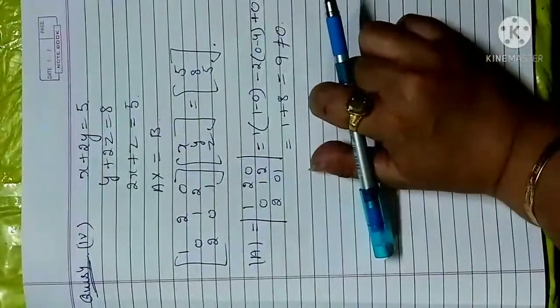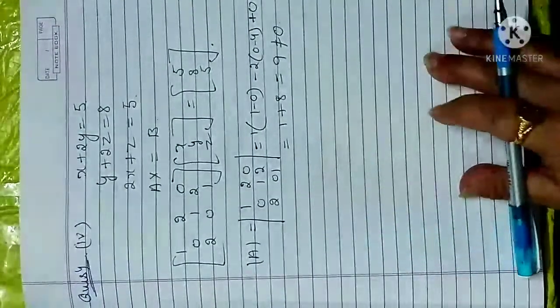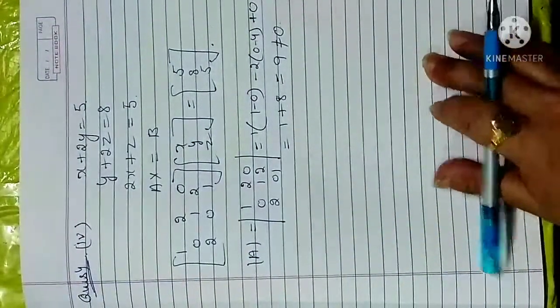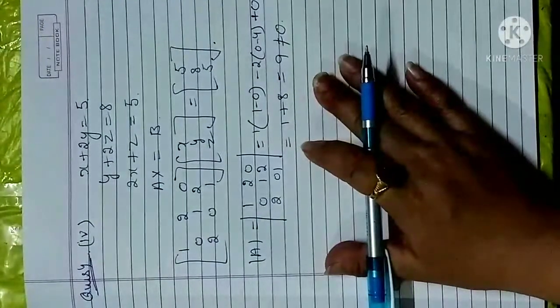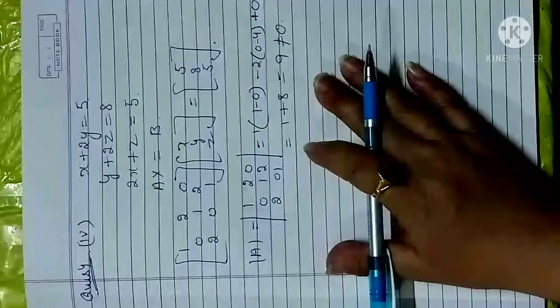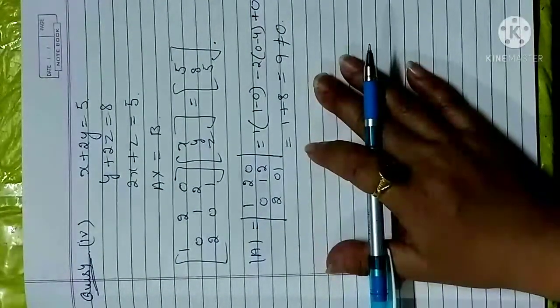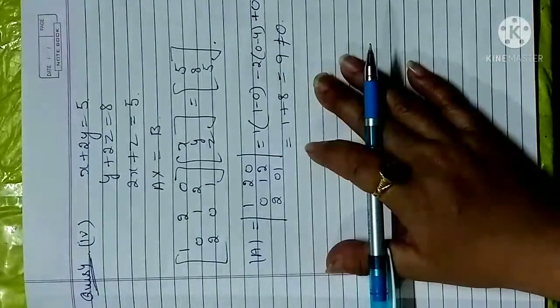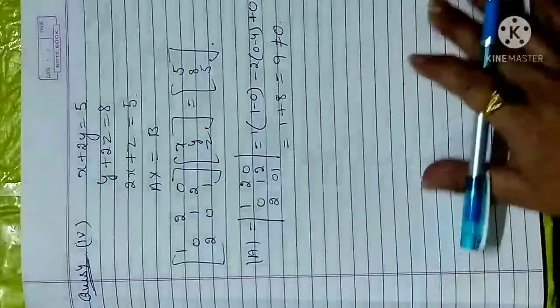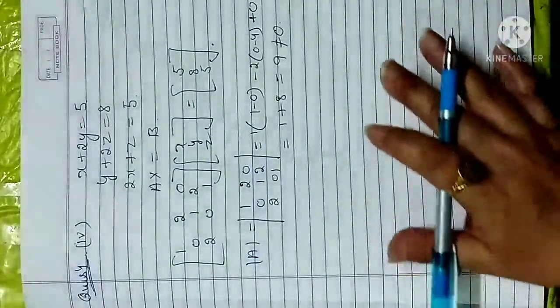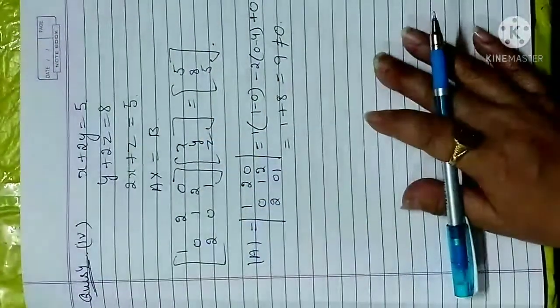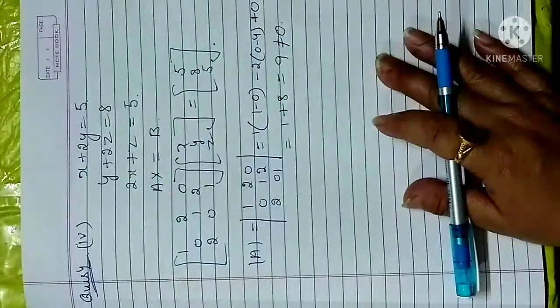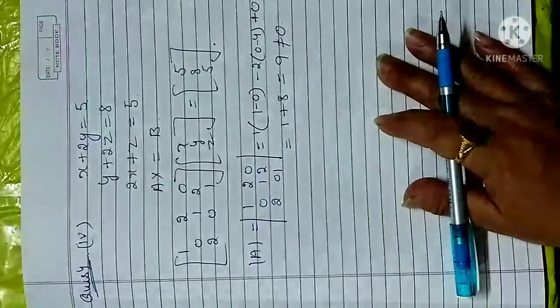So all questions are of the same type, so I have done only one question here to understand the concept, and in the next videos we will discuss what to do if the determinant of A is equal to 0 or the B matrix is equal to 0, how you will solve this type of question. But today we will just go with the AX = B method to find the solution of x, y, z.